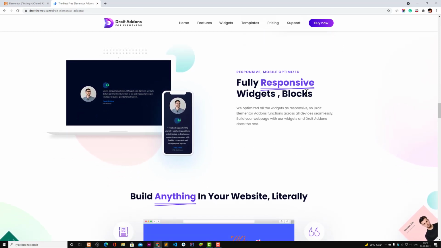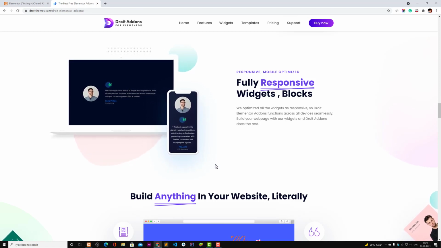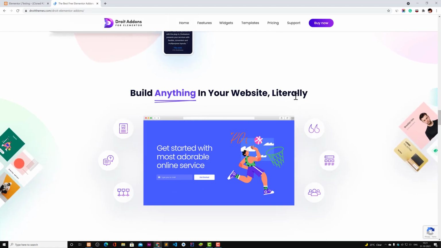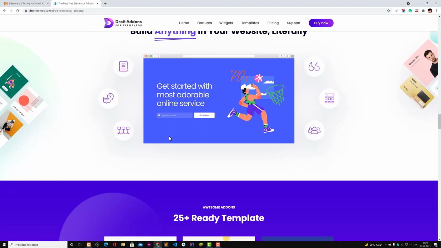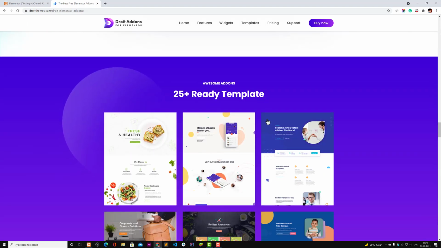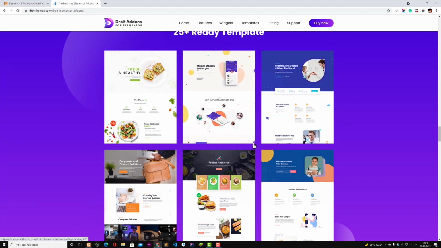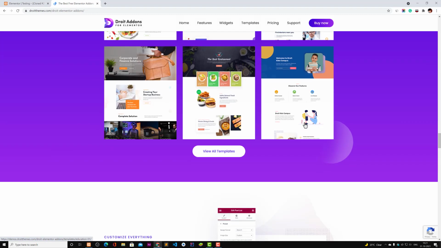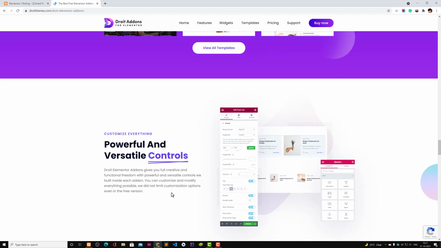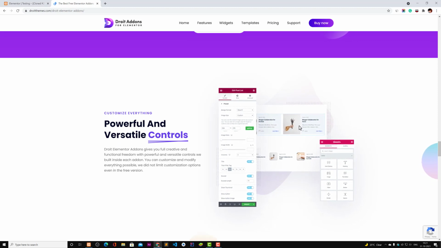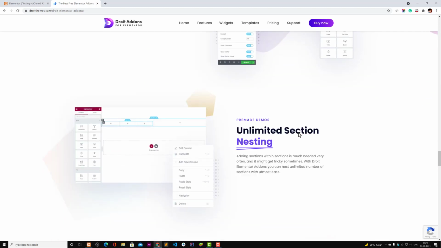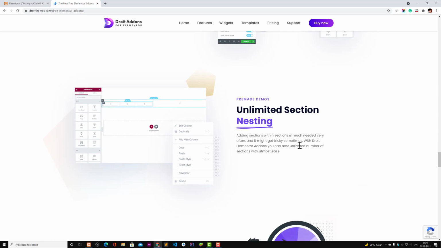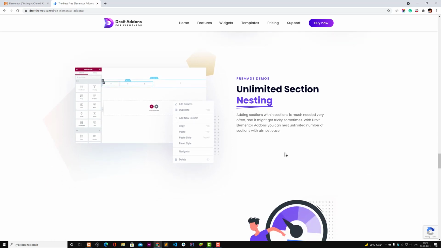It's fully responsive. The widgets are quite responsive, whether on device or desktop. You can build anything in your website. Okay, and there are some templates that you can see right here. These kinds of templates you can use in your pages, and there are some powerful and versatile controls, so you can control everything from Elementor itself. And there's unlimited section nesting, so like section within section, you can nest sections inside the sections. Okay,